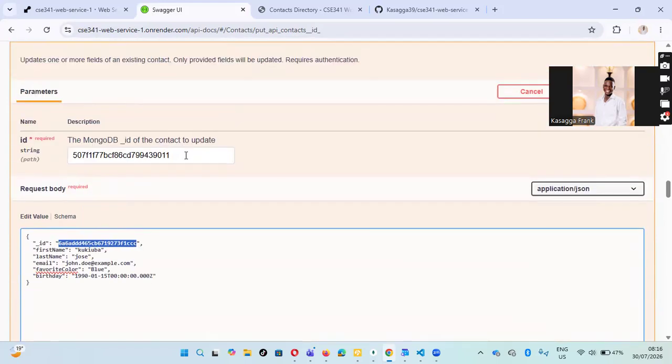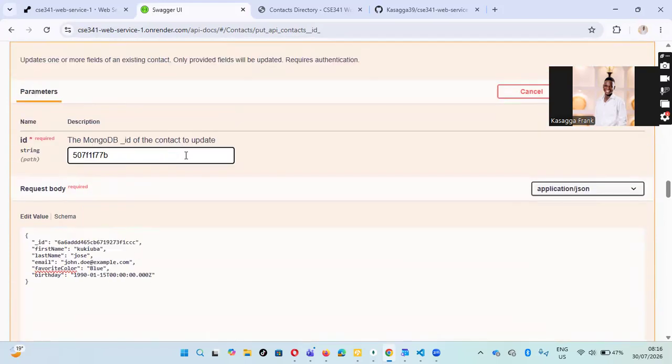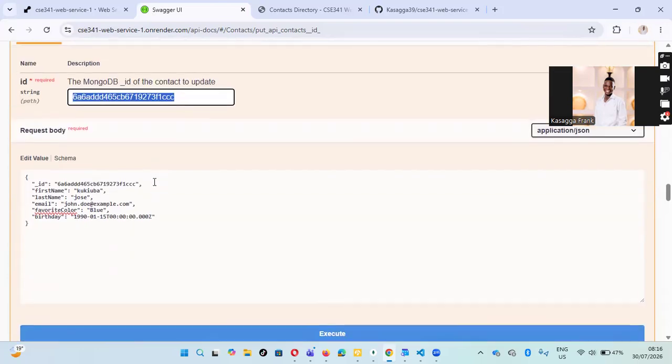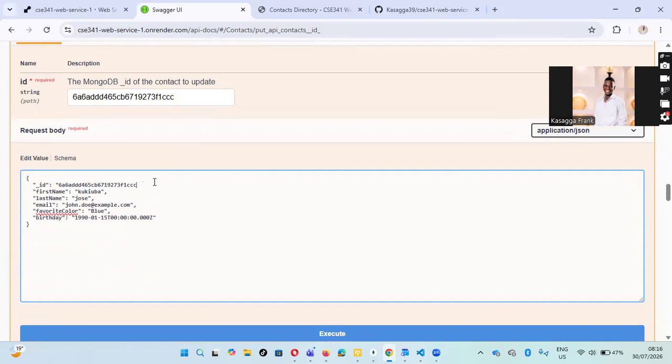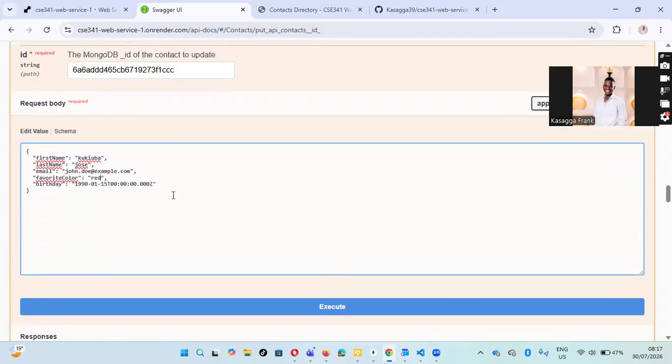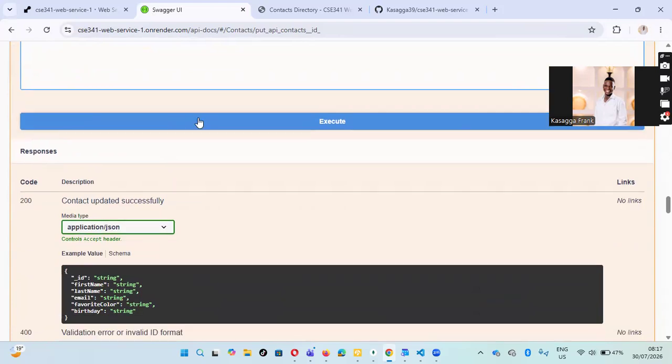Put it in the ID and path of string. Then I'll have to delete this. And the change I'll have to make is the color. I'll make the color white, or let me make it red. Yes. So when I execute,